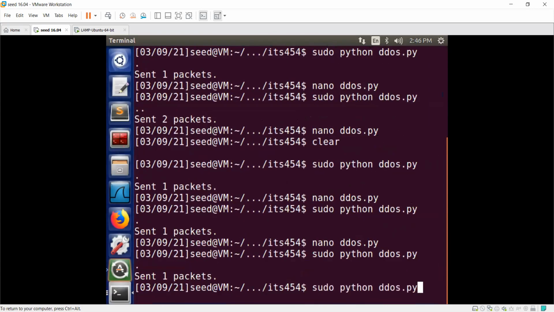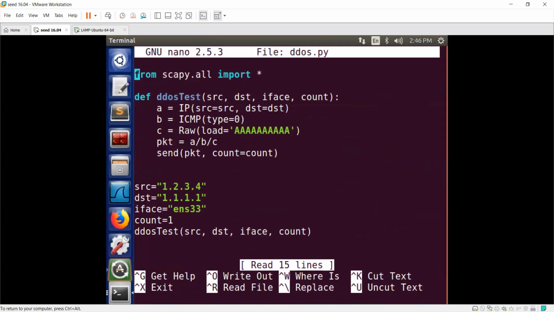So here it is. I'm going to open up the same script since I know this one works. This attack is a UDP one. First thing I'm going to change is this ICMP, so I can piece together my packet. So UDP, and then